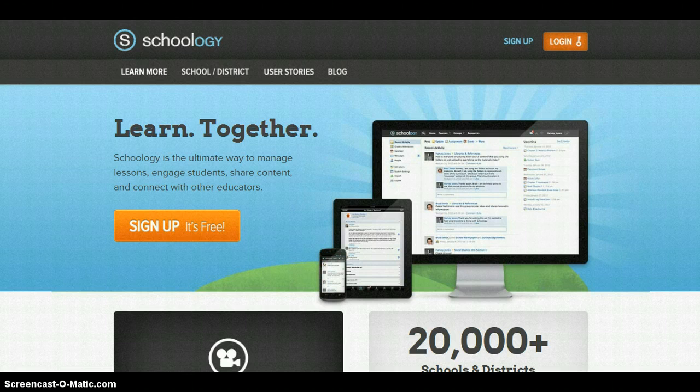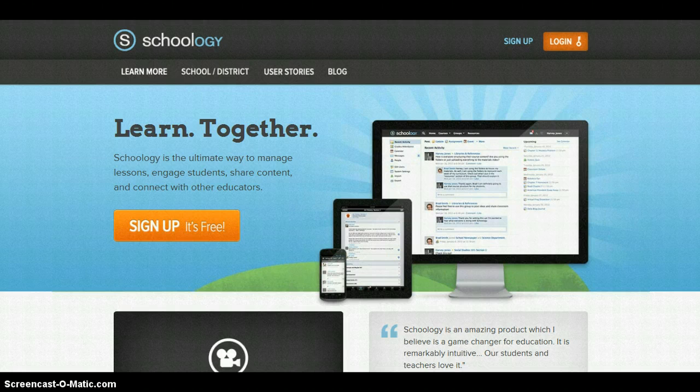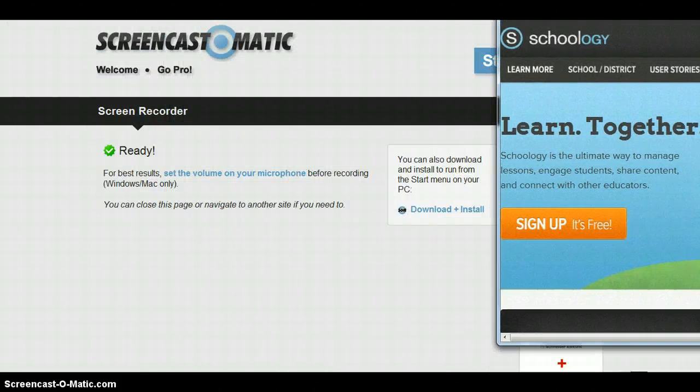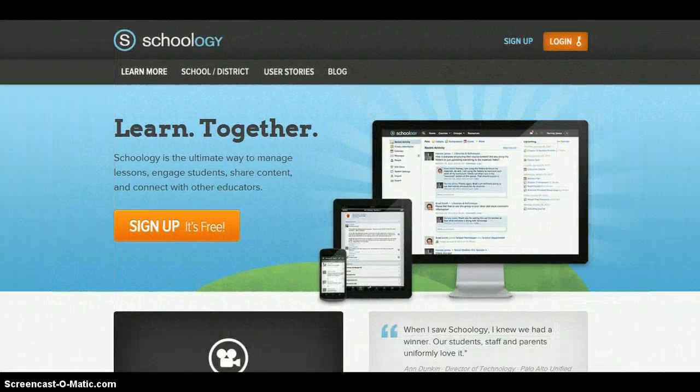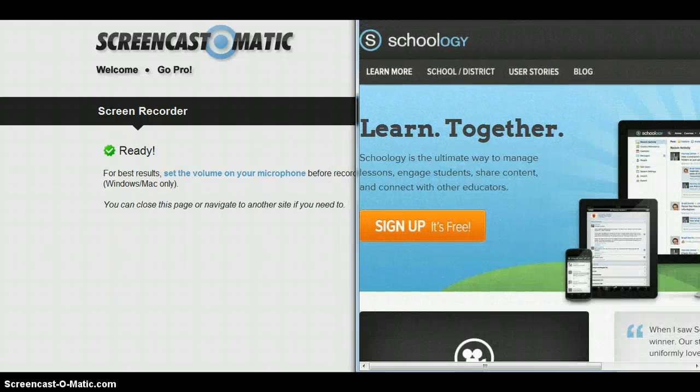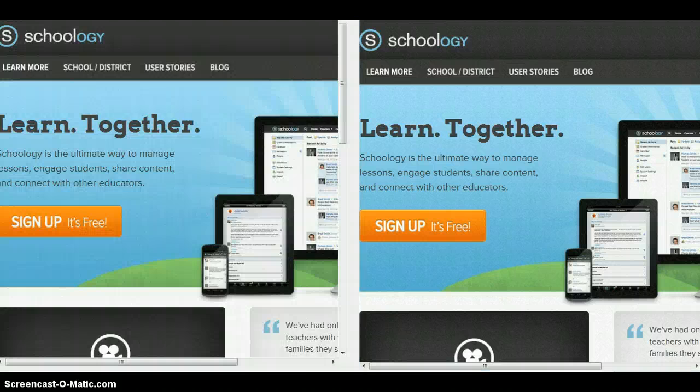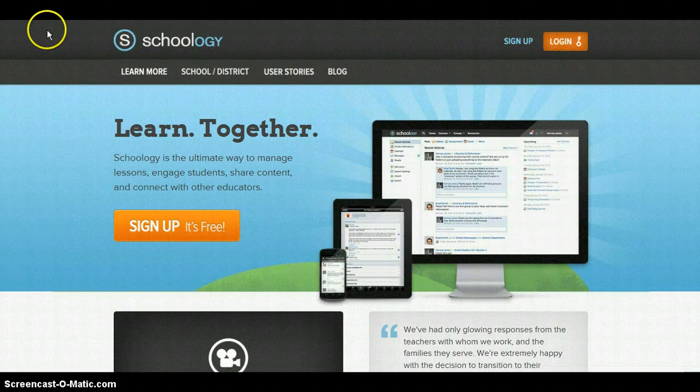your classroom. So if you could open up your Internet Explorer, and you may want to throw this screen to the side by just dragging this and then throwing it over this way, and it'll make it so it splits the screen like that, and then have another screen where you can have Schoology up so you can watch while you do. So go ahead and do that really quickly and go to